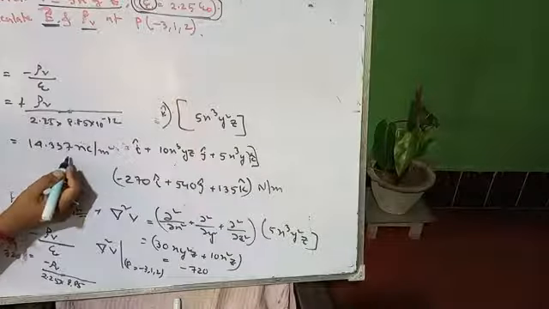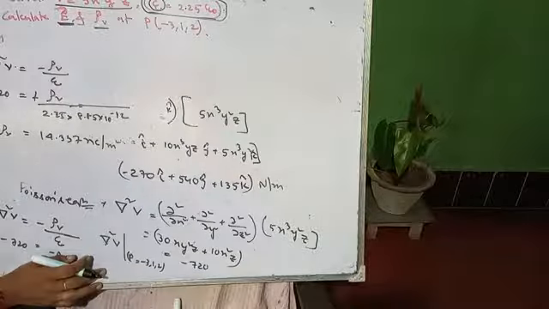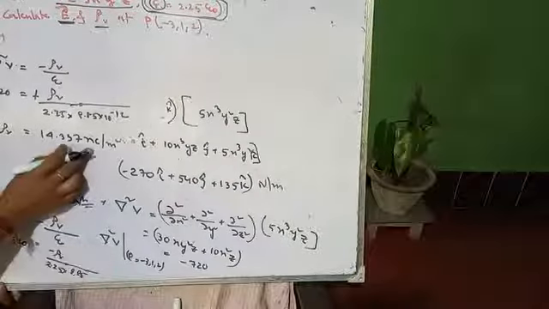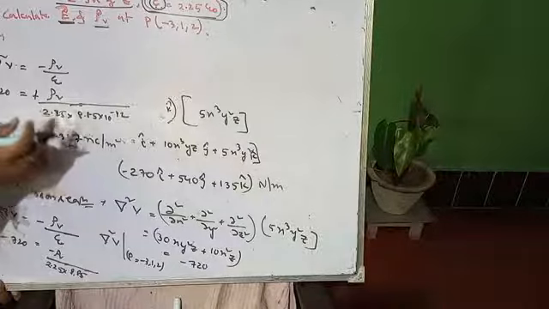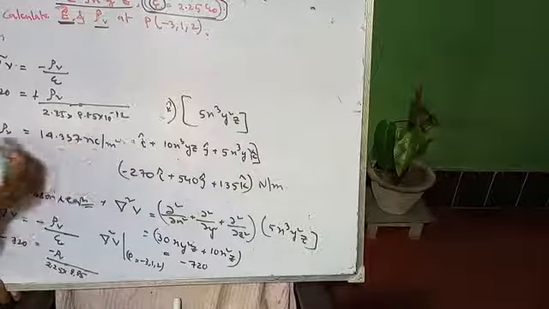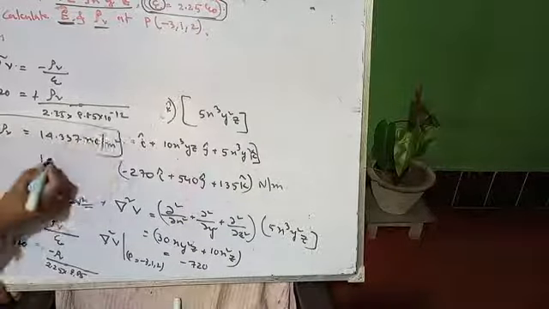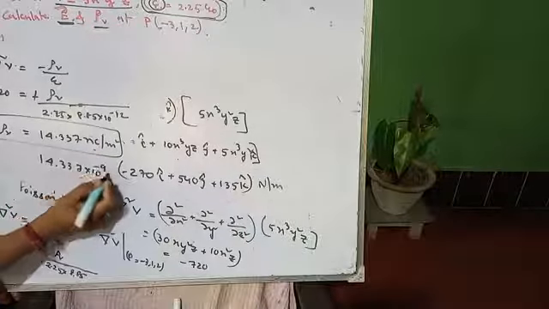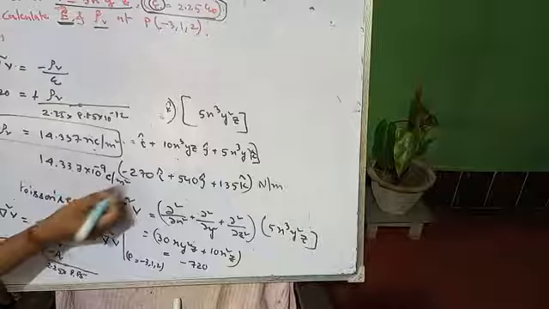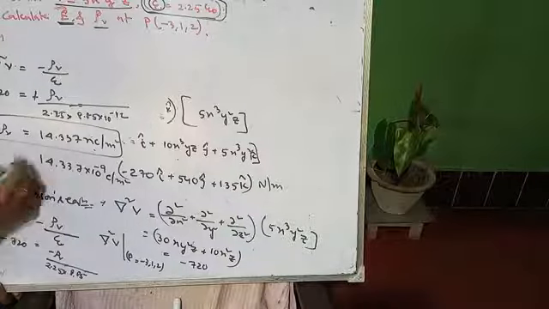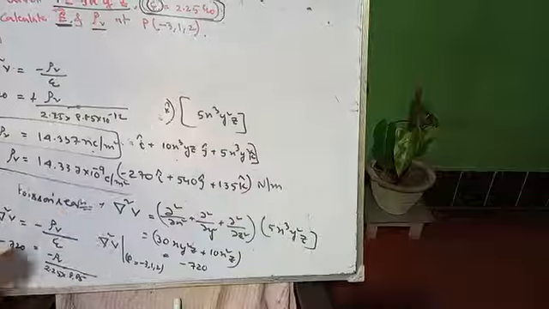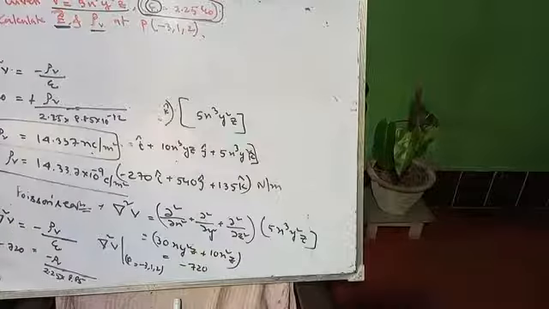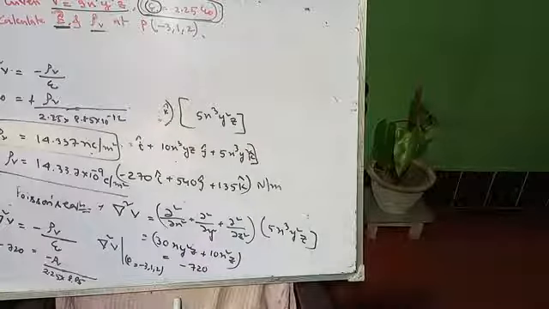It will be nanocoulomb because 10 to the minus 9 comes into here, so we can adjust it as nanocoulomb per meter square. Or you can also write it as 3 into 10 to the power minus 9 coulomb per meter square. So this is rho v, and this is your problem number 5.